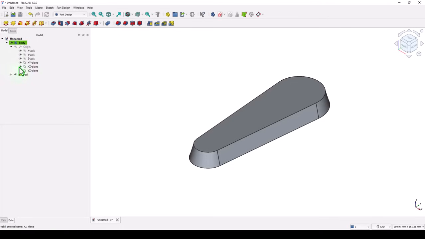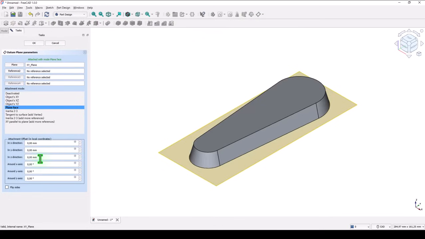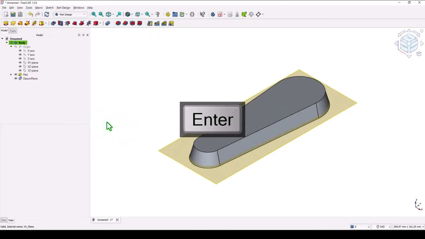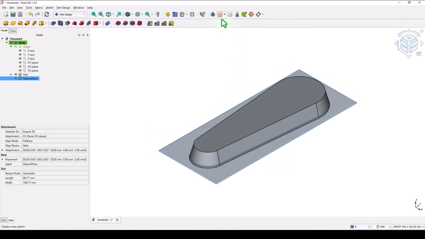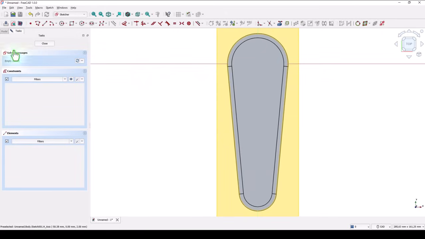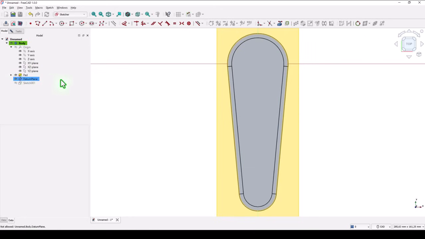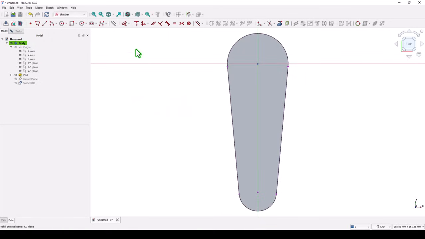We select this plane XY, then datum plane, then we place here the value 4 divided by 2. You see, now it is in an upper position. This is the plane for a new sketch. We hide the datum plane. Yes. Now we project 1, 2, 3, 4 entities. We apply section view, and then we